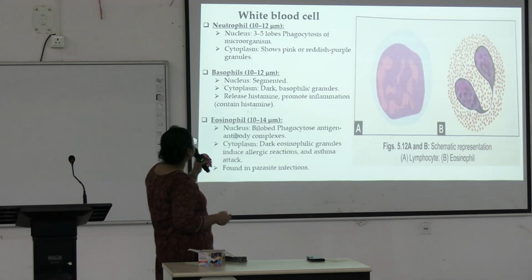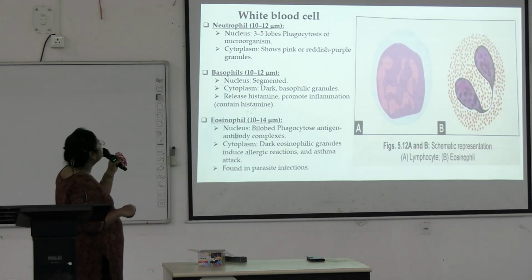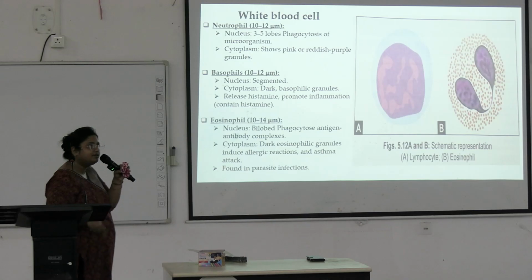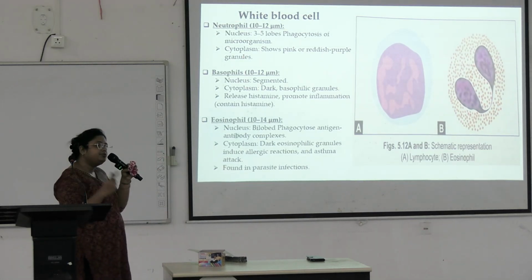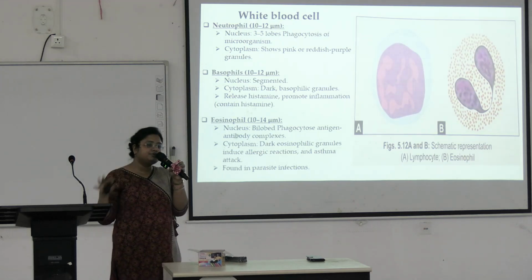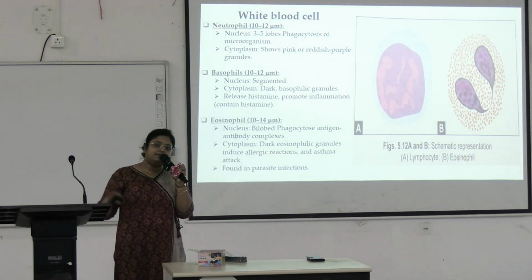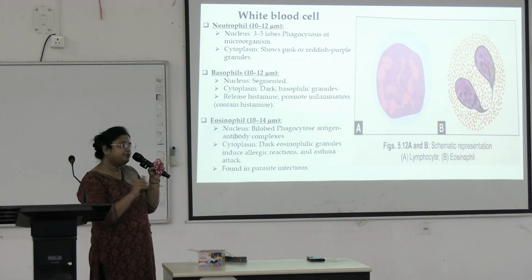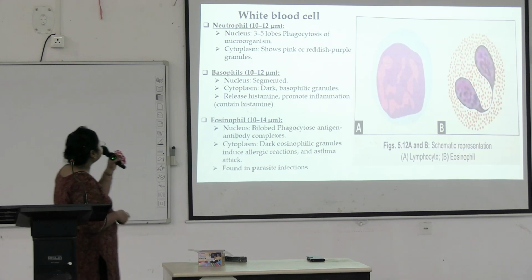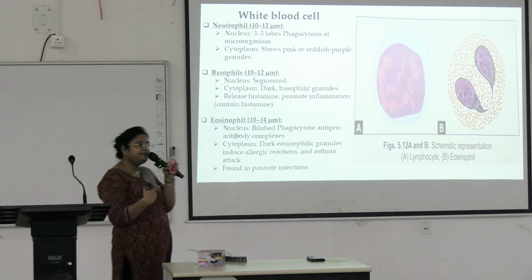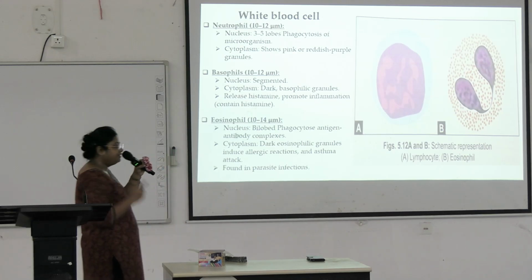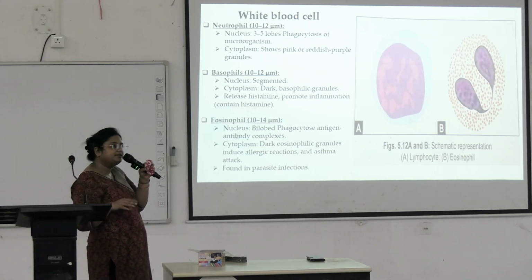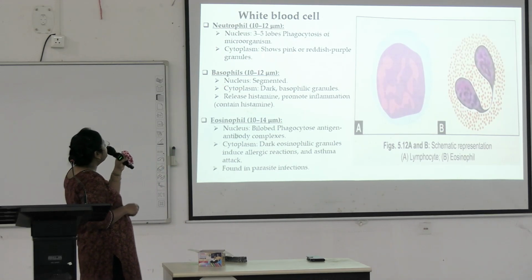Next, we are going to other white blood cells present in the connective tissue. First is neutrophil. All these you have to read in physiology. You will see all those individual cells in a peripheral blood smear. You have to locate these cells. How you will identify them, identification points are important. This is important mainly for your practical purposes. So, first is neutrophil.